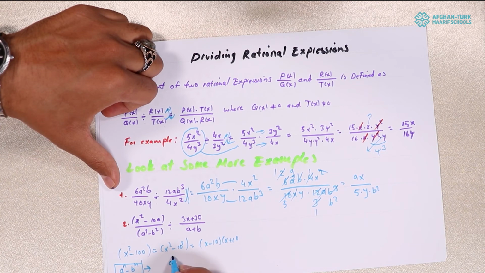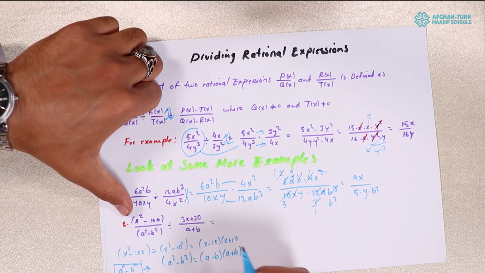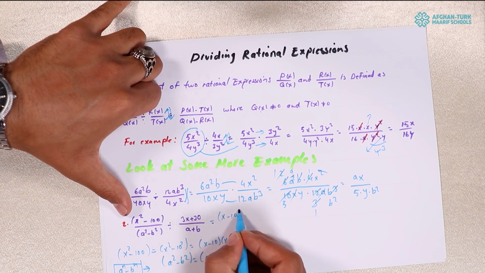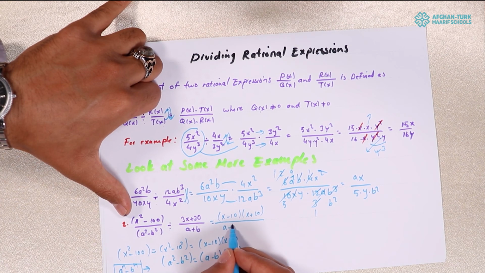Okay, and here we have a squared minus b squared. Also, we can expand it like this: a minus b times a plus b. We have studied in the identities. Okay, if you don't remember, just watch the previous videos. Okay, x squared minus 100 is equal to x minus 10 times x plus 10, and also at the denominator a squared minus b squared is equal to a minus b times a plus b. Okay, then we are going to write them down: x minus 10 times x plus 10 over a minus b